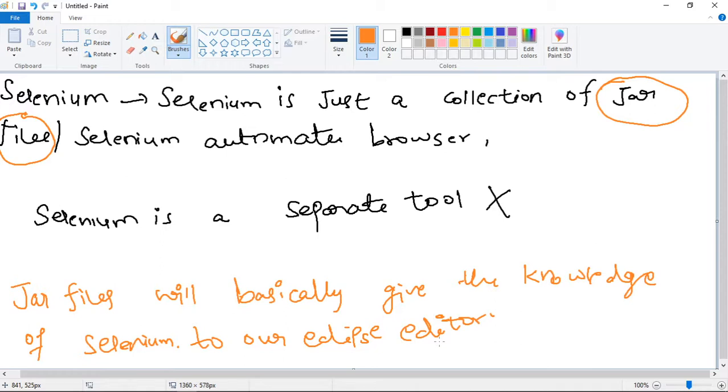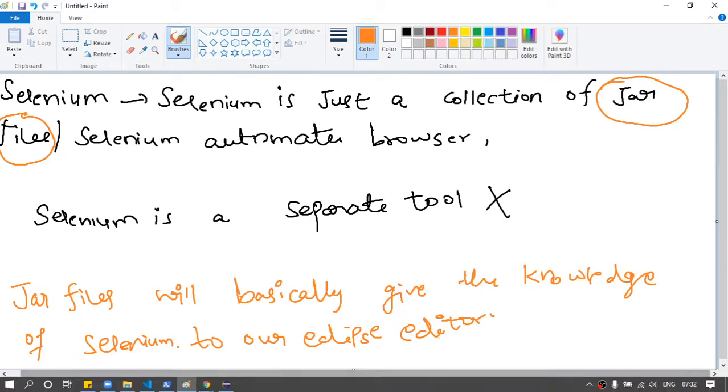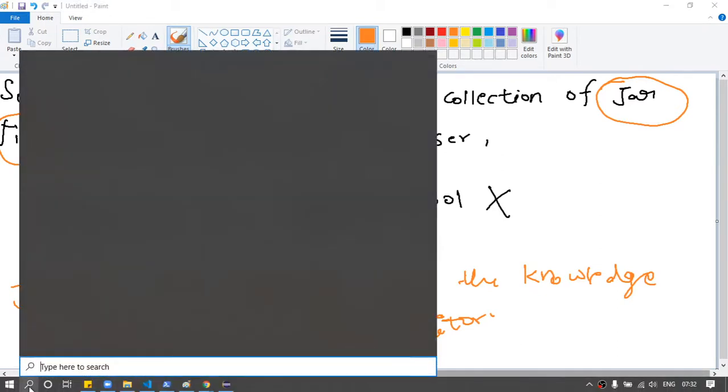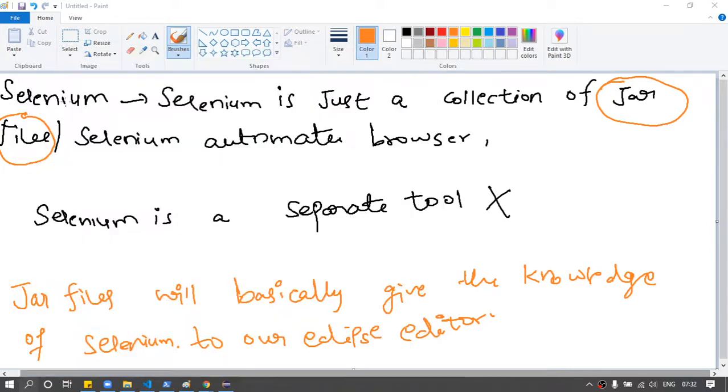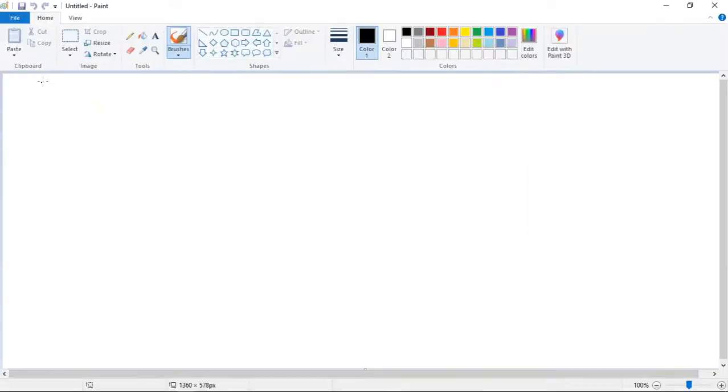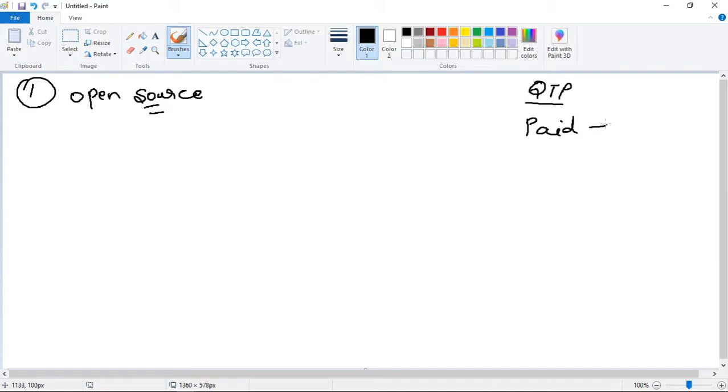Okay, so if I talk about a few more points on why Selenium is preferred nowadays, first of all, it is open source. Because there is one more tool which is QTP, Quick Test Professional, but this is a paid tool and it is developed by the HP guys.